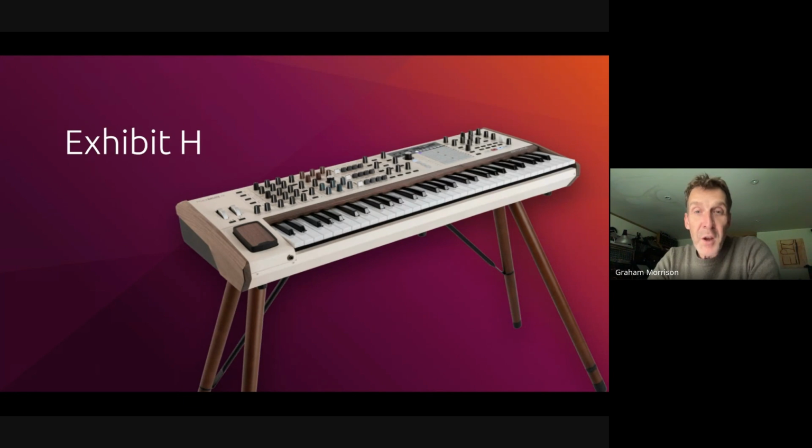It's got a couple of powerful CPUs in there. It's got a screen, and it's obviously got lots of digital elements. But in fact, the sound is generated through an analog signal path. So it's very much a modern recreation of the CS-80 or of the Jupiter-8 or of the Alesis Andromeda, and